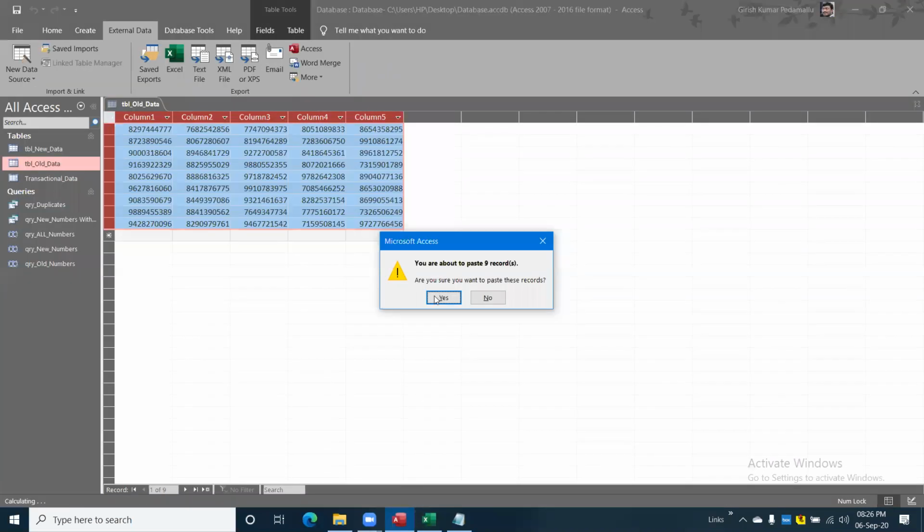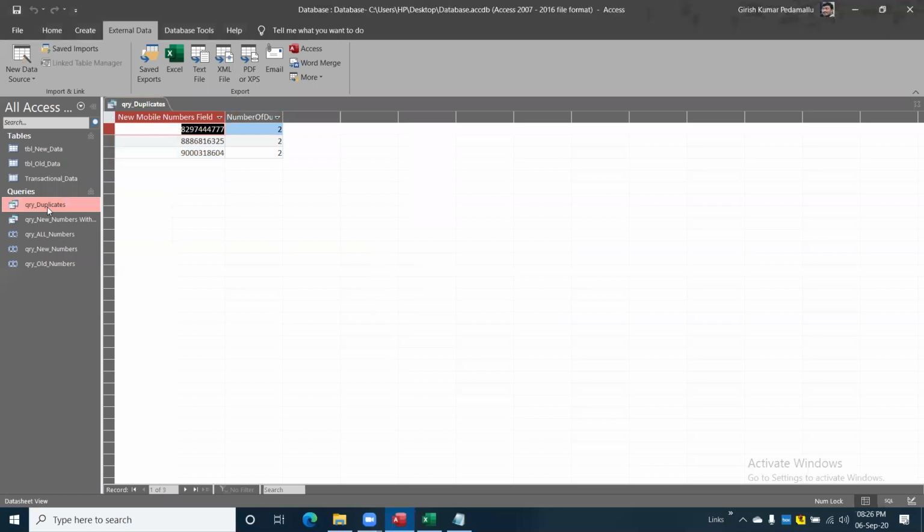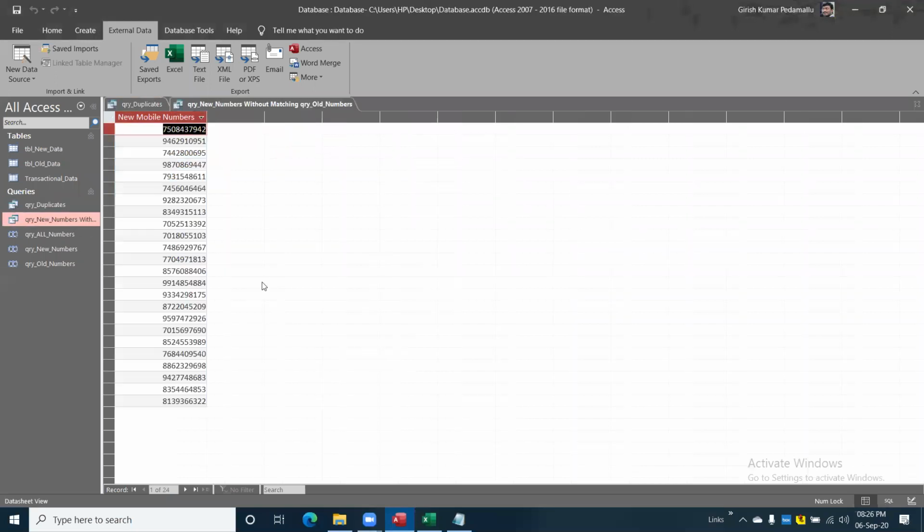See, I copy pasted the data. I did the copy pasted data. Just saved it. Close it. Just run the query duplicates. See, again it is showing up 24 records. Okay. By this way, whenever you get new data, you just need to import the data